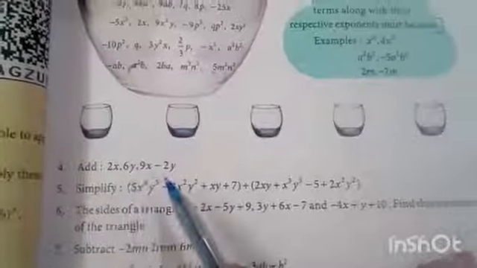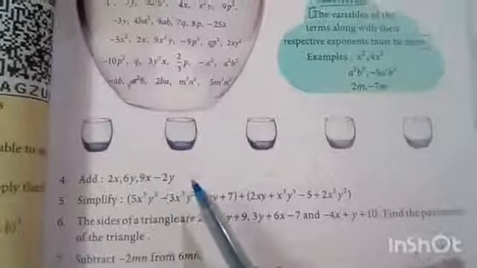Next, addition and subtraction of algebraic terms. For addition and subtraction, we use only like terms. We have to add the like terms and we have to subtract the like terms. For these problems related to the 7th standard, you have to try yourself. It is based on basic problems.